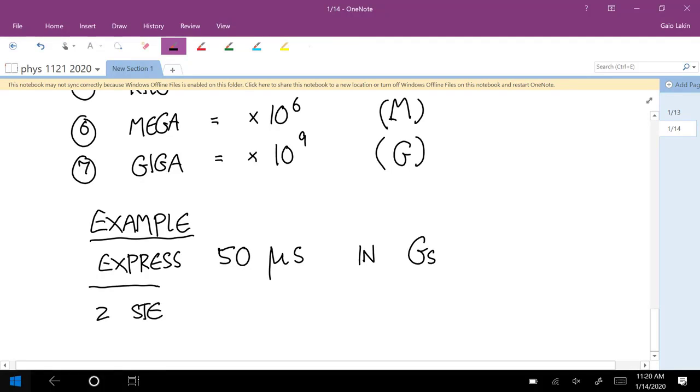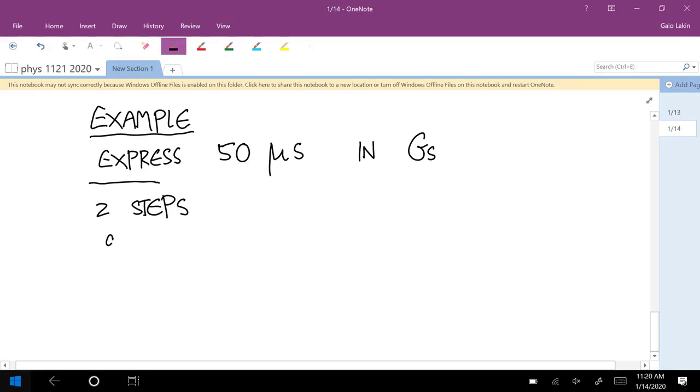First, we want to get rid of the prefix micro, the mu, and then we want to add the unit giga. So the first step is, how do we express 50 microseconds just in seconds? Since micro means times 10 to the minus 6, you can just replace the micro with